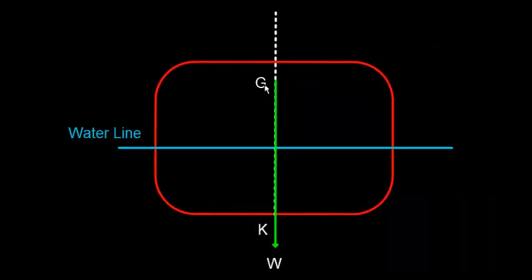This is the center of gravity and the weight is acting vertically downward from the center of gravity, and this is the water line. Well, this one is the underwater area, and the geometrical center of underwater area is called center of buoyancy, and the force of buoyancy is acting vertically upward.